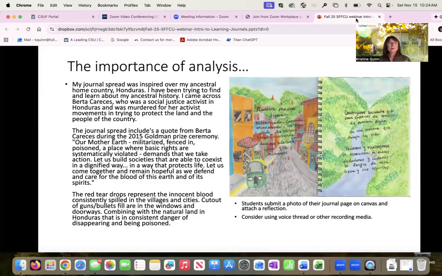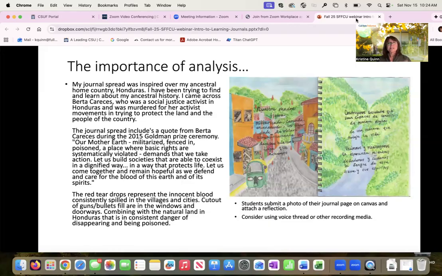Our Mother Earth, militarized, fenced in, poisoned, a place where basic rights are systematically violated, demands that we take action. Let us build societies that are able to coexist in a dignified way, in a way that protects life. Let us come together and remain hopeful as we defend and care for the blood of this earth and of our spirits. So she's taken a quote from that activist that she has been learning about, and now she explains